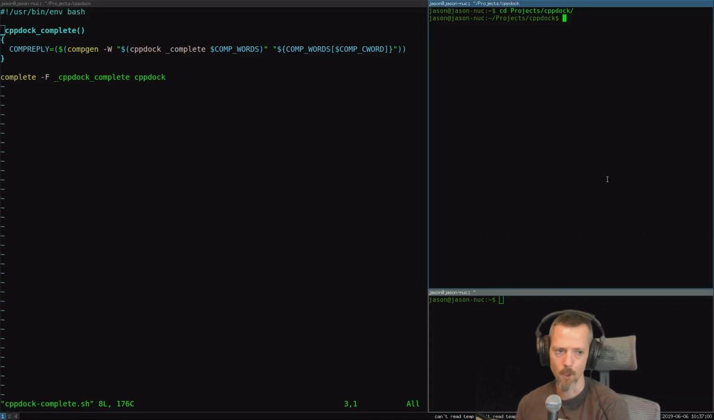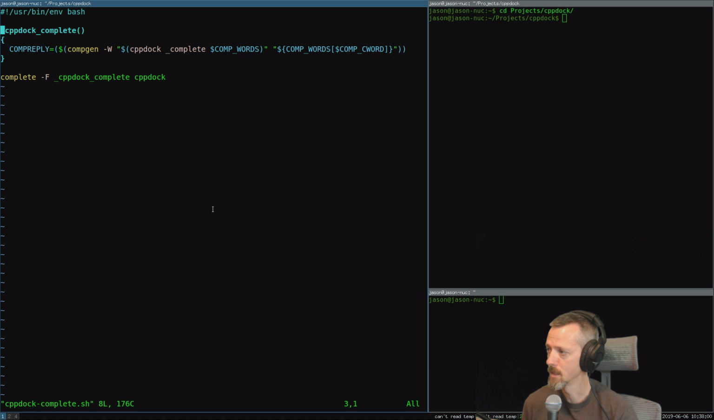So this is part 2, and hopefully the epic conclusion of Bash completion implementation for the command line utility CppDock. CppDock is basically a build and dependency manager for C++ that creates Docker images and runs them for doing development of C++ applications. And the idea is that